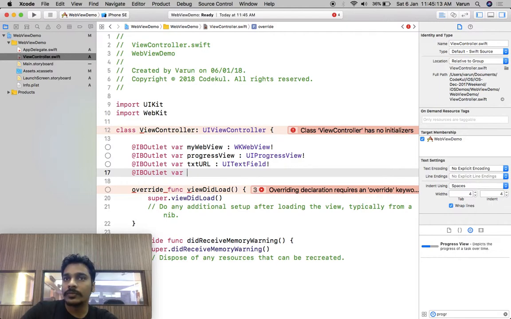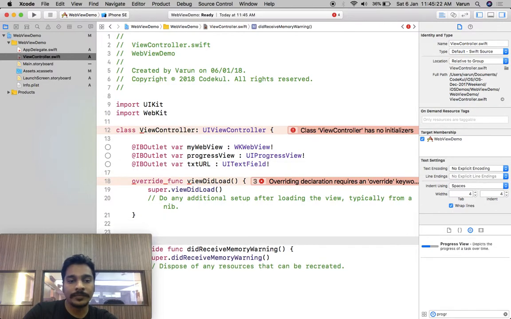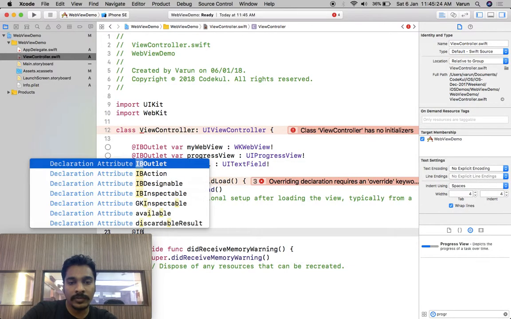So, no, we need to add an action for that button, not an outlet. We'll add an action. So here add @IBAction func,